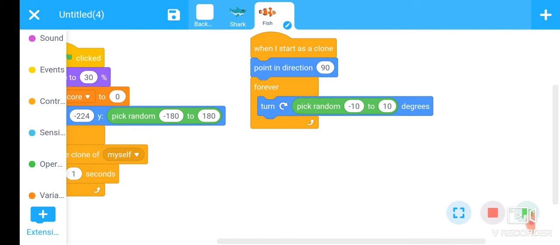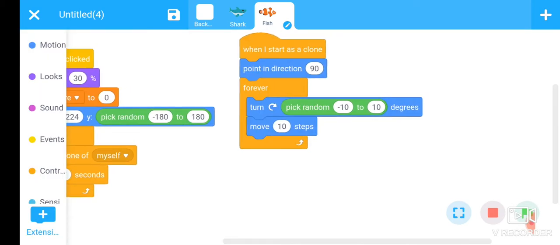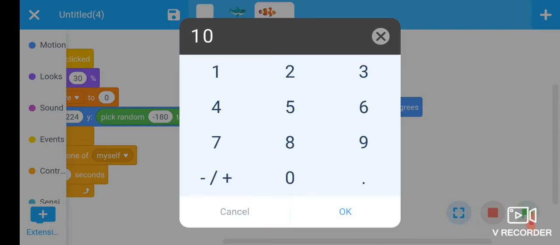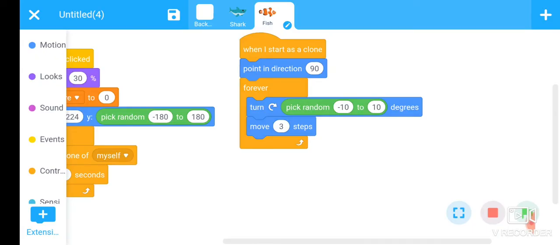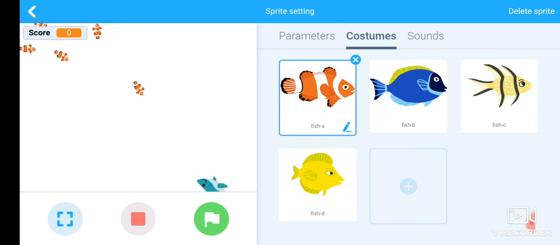Okay, now we want to move the fish. For this, add this command move 10 step, and 10 is a very large number, this is very high speed, so put 3 value here. Okay, now look at here, fish is moving.